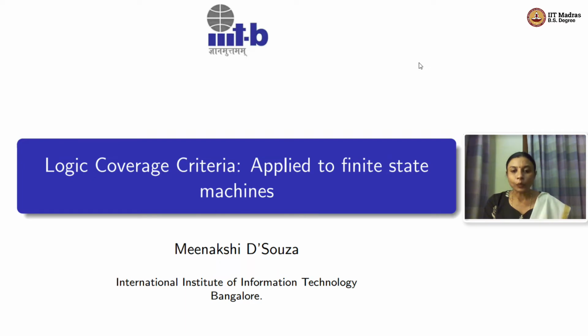Hello there. Welcome back. We continue with logic coverage criteria into week 6. This is the third lecture. We saw examples of logic coverage criteria applied to source code. We saw two examples: thermostat, where we analyzed the predicates using the logic coverage criteria that we learned, and the type of a triangle, where we had lots of predicates which we analyzed using some of the logic coverage criteria